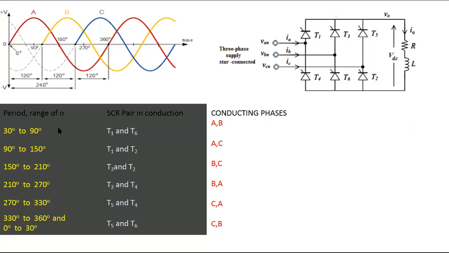If you understand the simple thing, everything is clear. A little bit of confusion will be there. This is the simple logic. So this is the input AC supply. You must draw the input AC supply. So it starts from 0. Next waveform starts from 120. You can see here after 90, the B is starting from 120. Graph is clear, waveform is clear? All of you please confirm, one student. You are able to see the waveform.